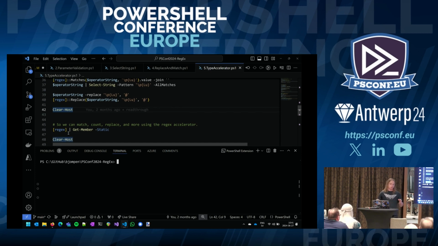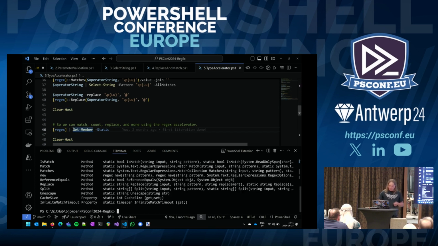And that's for those of us who are actual PowerShell developers with not a background in anything else, may actually be quite weird. I stumble upon this every single time I use the accelerator and go like, why is this? Oh, yeah. Okay.